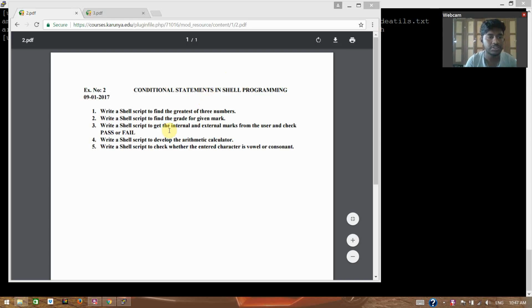This is my questions in second experiment. That is finding the greatest number, find the grade for given mark, then pass or fail, then the calculators, and finding the word is vowel or not. So first I'm going to do my first